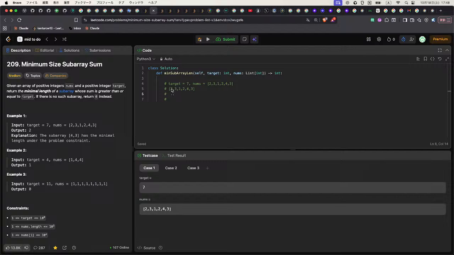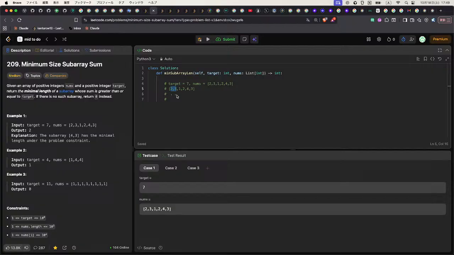It points to the same position, and we have to keep track of the sum of the window, and 2 is less than 7. We extend the window to the right, so the right pointer points to the 3, so we can add 3